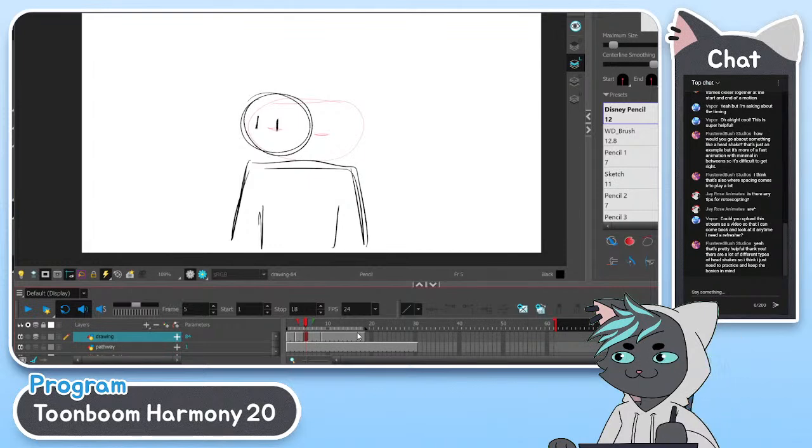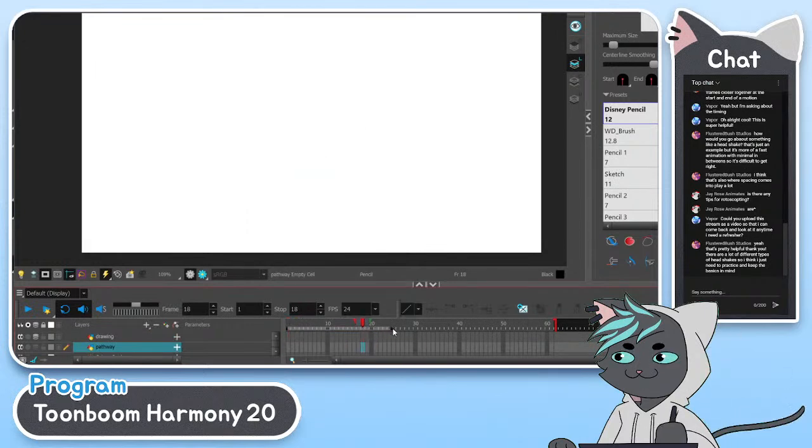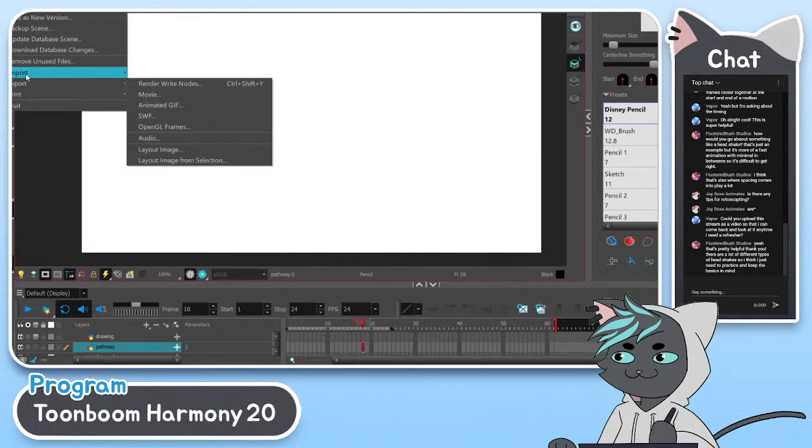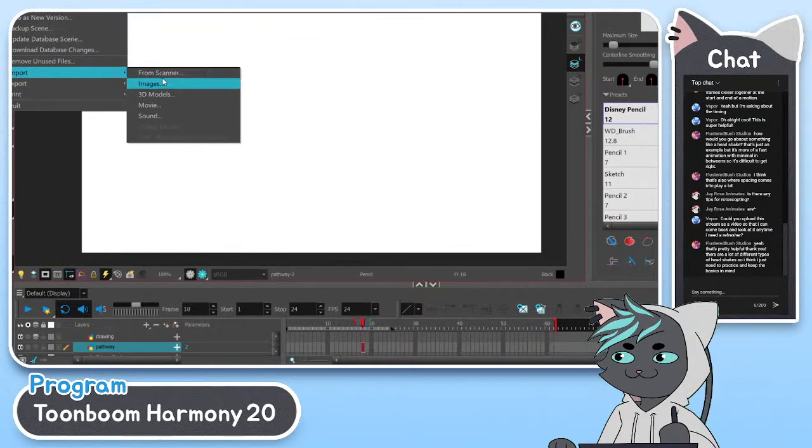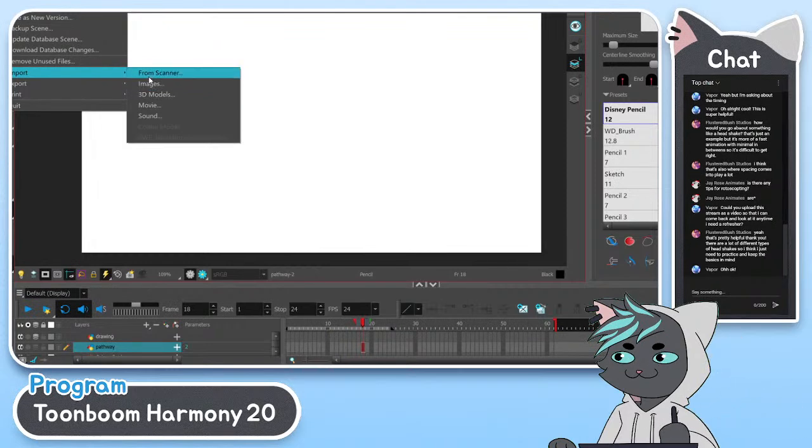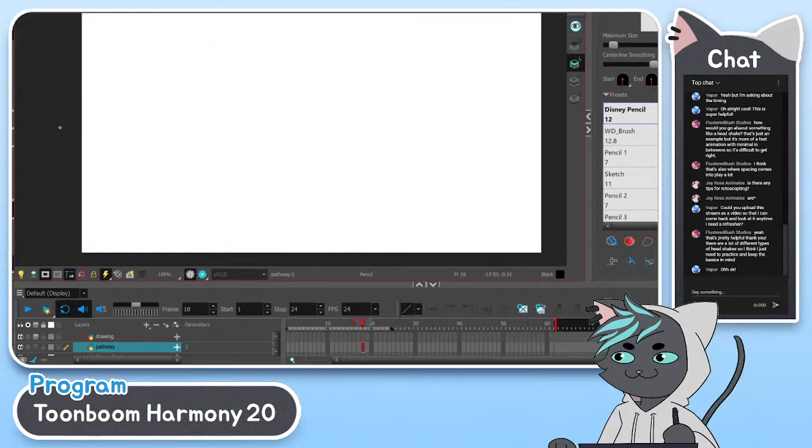So J Rose asks, is there any tips for rotoscoping? So rotoscoping, if y'all don't know, basically means to trace. It's a legitimate form of animation, and there was this old Lord of the Rings animated movie, I think from the 70s or 80s, and it was like 70% rotoscoped, which means they filmed with real people and then they just drew over it for animation. So when you rotoscope,